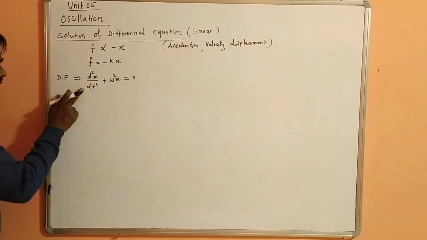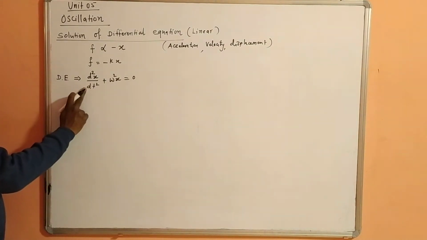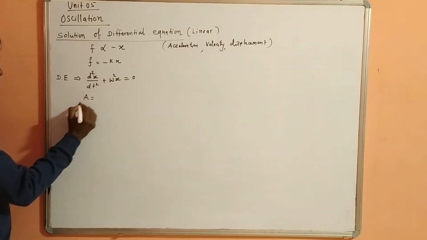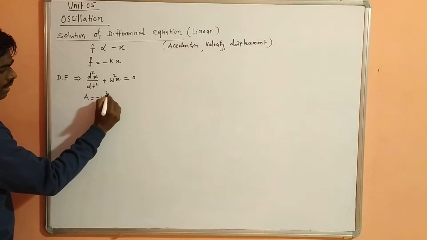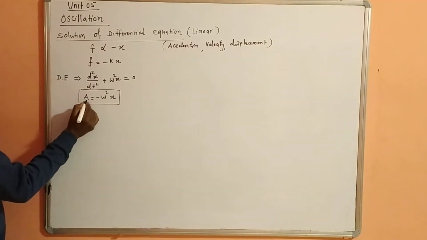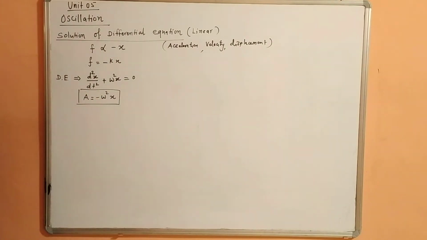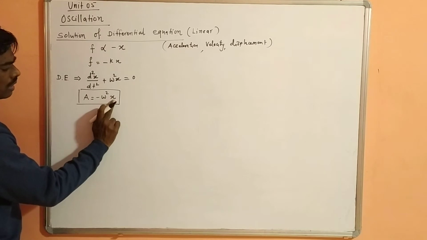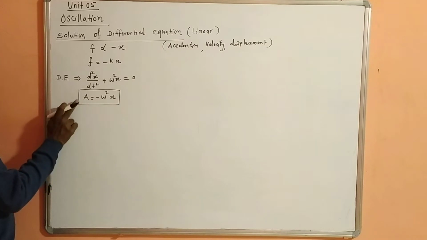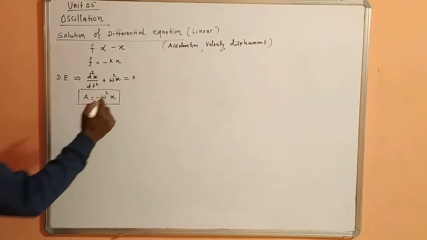So see this differential equation, d2x by dt square, it is nothing but acceleration. We can represent this term as acceleration A, now it becomes minus omega square x. So acceleration produced in particle performing linear SHM is given by minus omega square x. That means acceleration and displacement are oppositely directed. Negative sign indicates that acceleration and displacement are oppositely directed in linear SHM. So this is equation 1.